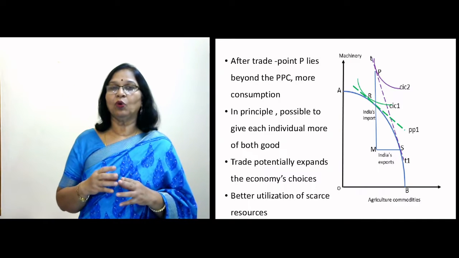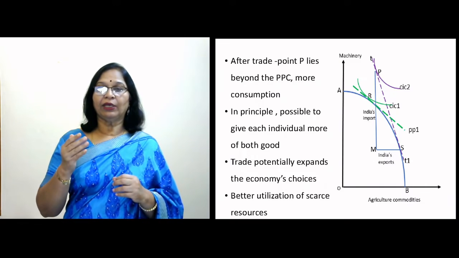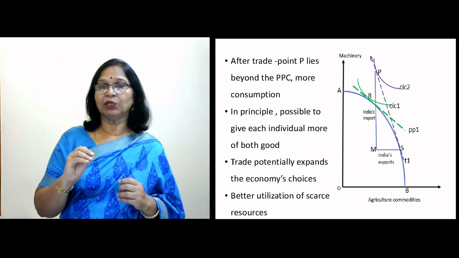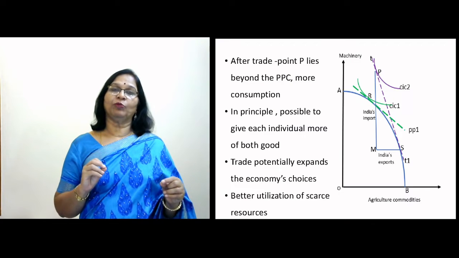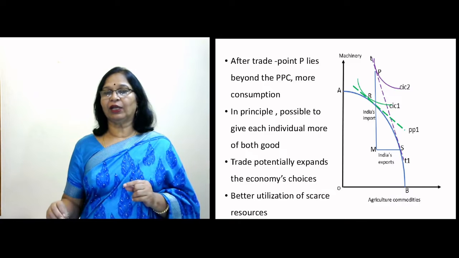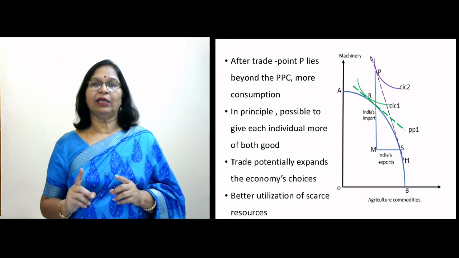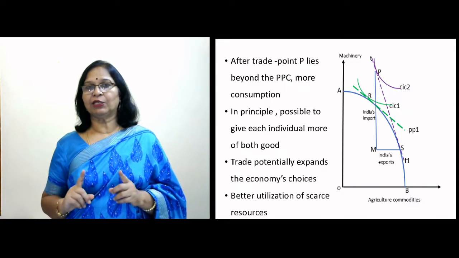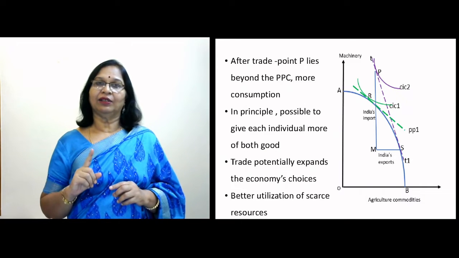It can now go to the community indifference curve CIC2 and be at a point P. Now, how does it reach point P? The country now decides not to produce so much machinery. Instead, it will specialize in the production of agriculture, where it has a comparative advantage. So the price line has moved from PP1 to TT1. It has become much more vertical and it is now tangent to the